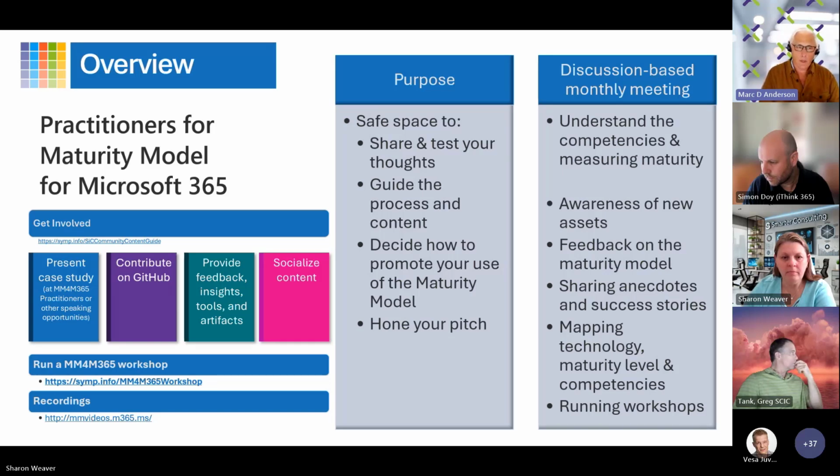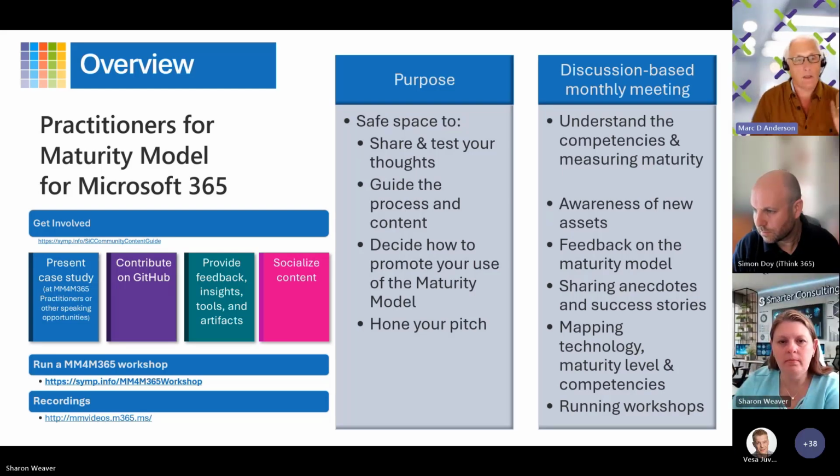The articles that make up the maturity model are all available in learn.microsoft.com, and every article on learn.microsoft.com is available for pull requests on GitHub. So if you spot a mistake, if you have some additional ideas, if you want to write a new article, we would love to hear that, and feel free to pursue that independently or talk to one of us. We'd love to just get your feedback.